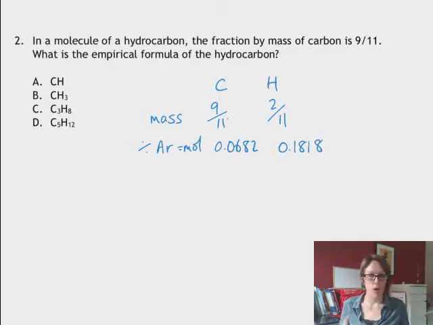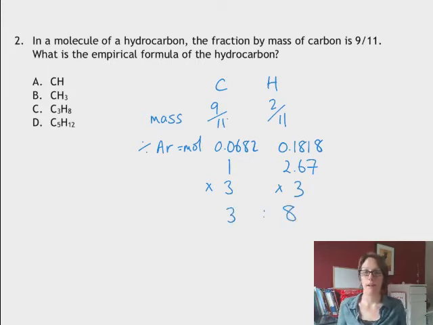So we're trying to get a 1 to something ratio or whole number ratio. So our first step for that is to divide both sides by the smallest number. If I do that, obviously carbon becomes 1. If I divide hydrogen 0.1818 by 0.0682, I get 2.67. Not a whole number, and it's not close. It's not 2.9 or 3.05. So I'm going to see that it looks like thirds, and I'm going to try timesing both sides by 3. I do that, and I'm going to get 3 to 8. Perfect. That is my empirical formula,